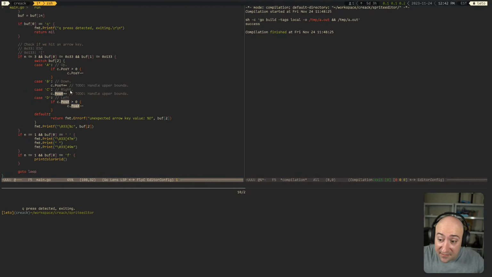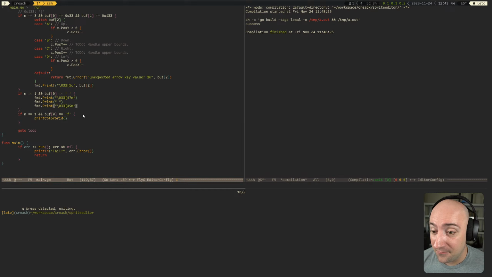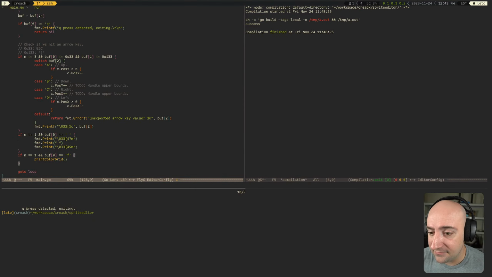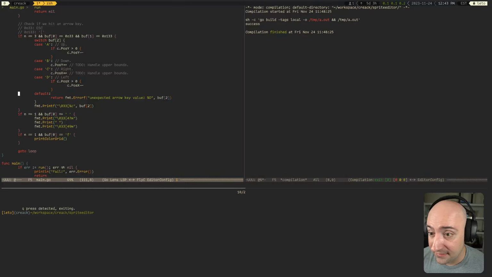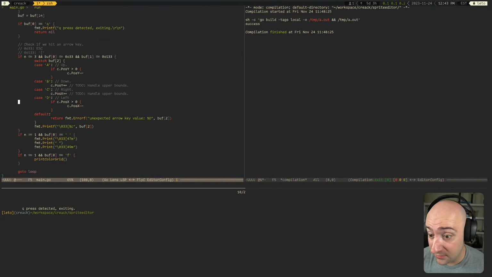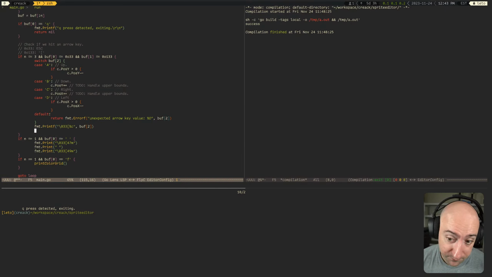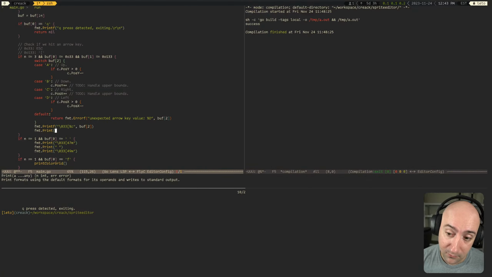Except that now that we got rid of the actual cursor of the terminal, we need to create a virtual one. Each time we move, we need to do something. So that is actually moving the underlying cursor that we don't see. And when we move it, we're going to print